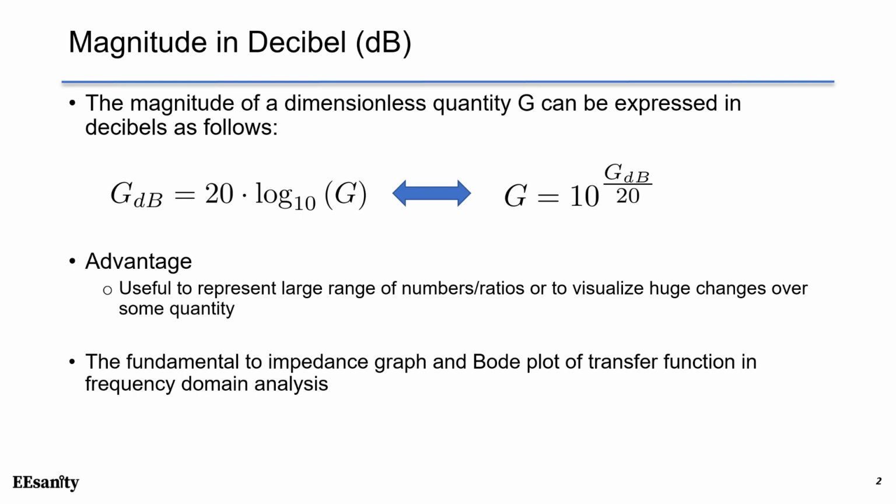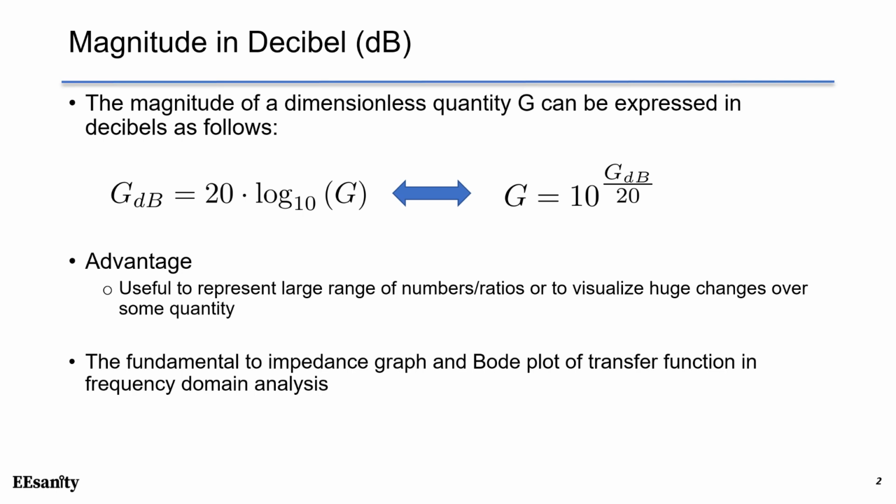If you want to convert the g in dB back to the original g in decimal, you can use the second equation. g is 10 to the power of g in dB over 20. The advantage of dB is to represent a wide range of data so that you have a better understanding. The decibel is important in the impedance graph for filter design, Bode plot of transfer functions, which will be taught